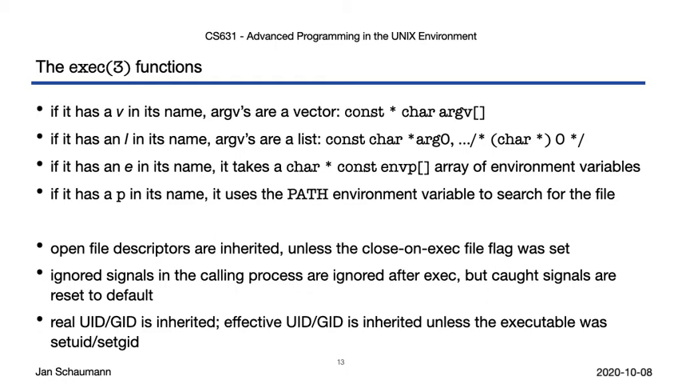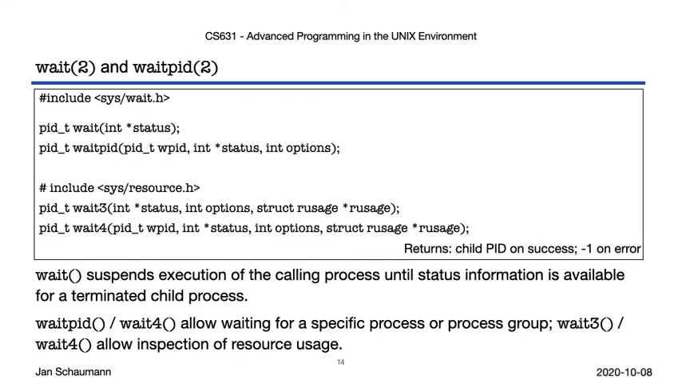After we create a new process, and possibly execute a different program, we have to have some sort of process control, as both child and parent are now executing simultaneously. To wait until a specific process has terminated, you call wait. Wait suspends the execution of the current process until status information is available for any child process. If you want to wait for a specific process or a process group, you can use waitpid or the waitid